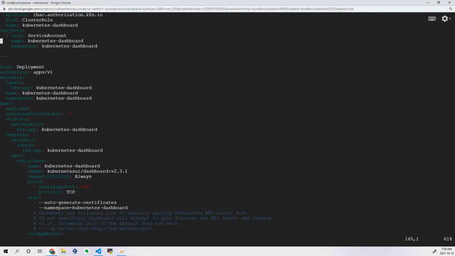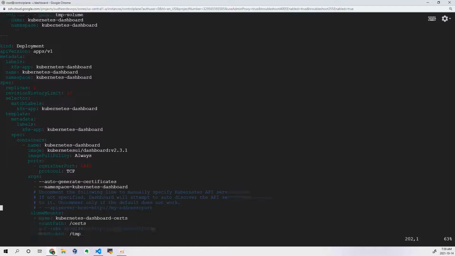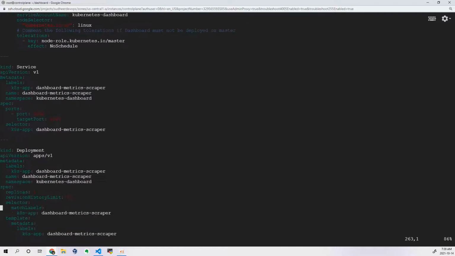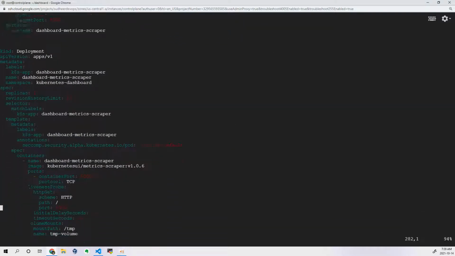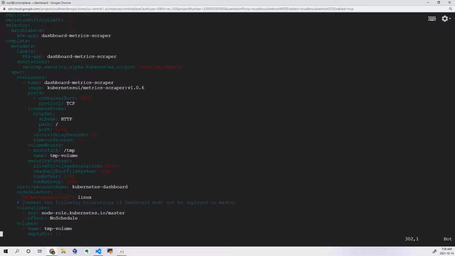Here it will deploy two things. One is your dashboard application and one is your metrics application. Okay, if you see, this is metrics. Why is metrics needed? Because the metrics scraper needs to fetch the metrics, meaning the CPU utilization and memory utilization of each and every pod or each and every node as well, and it should give it to your dashboard UI.